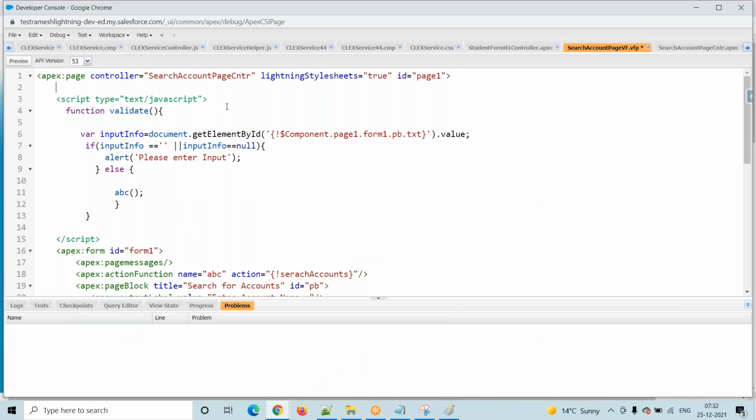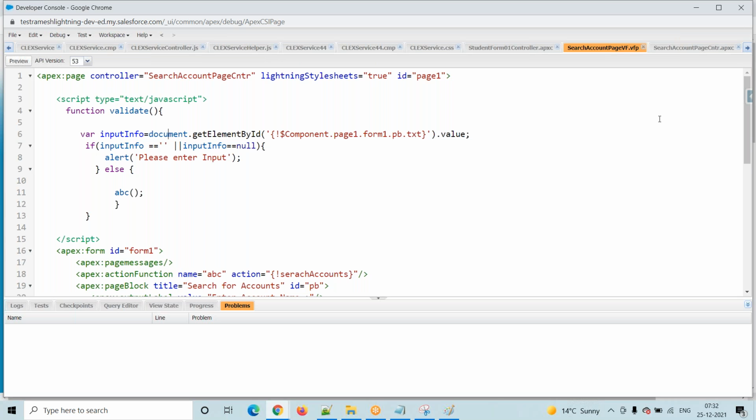What we are doing is performing client side validation. Why do we perform client side validation? Because these are simple checks only: a simple null check, whether the field value is there or not, whether the date is there or not, whether the date is in the correct format, whether the length is greater than 5 or not. These types of validation we have to perform at the client side only.